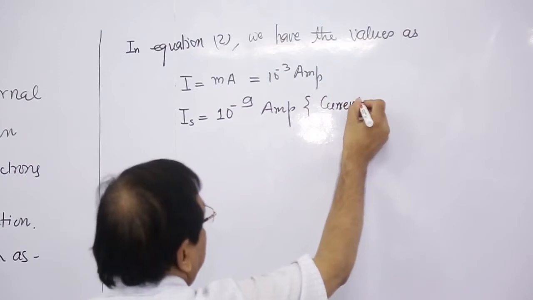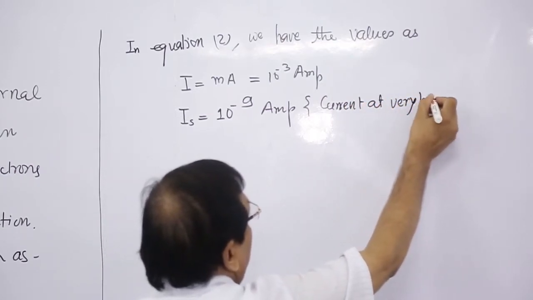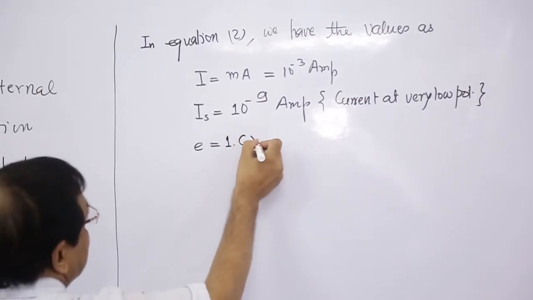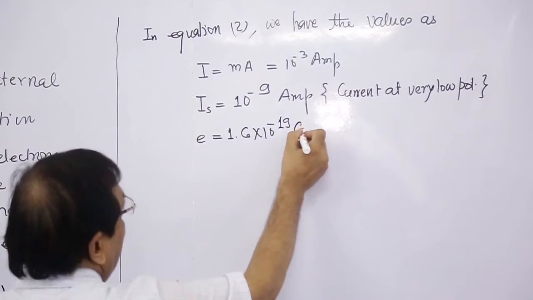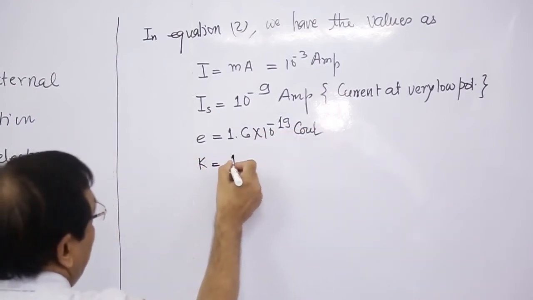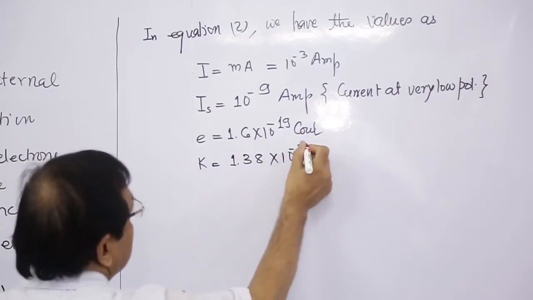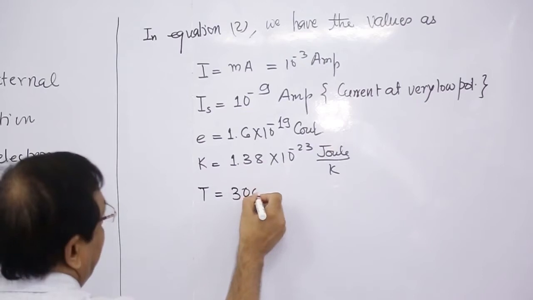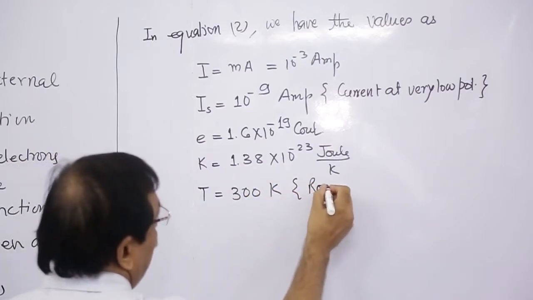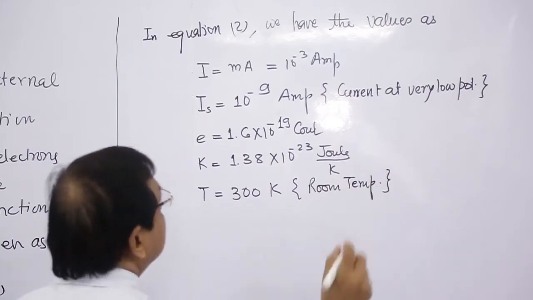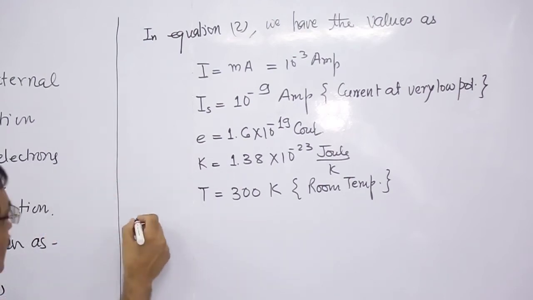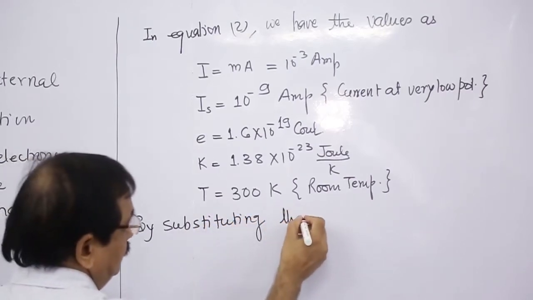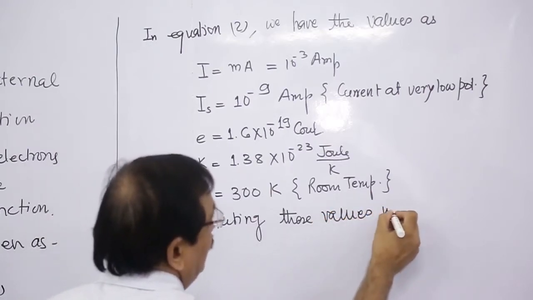This is the current at very low potential. e charge is 1.6 into 10 to the power minus 19 coulomb, k is 1.38 into 10 to the power minus 23 joule per Kelvin, and T is 300 Kelvin, say room temperature. By substituting these values, we have